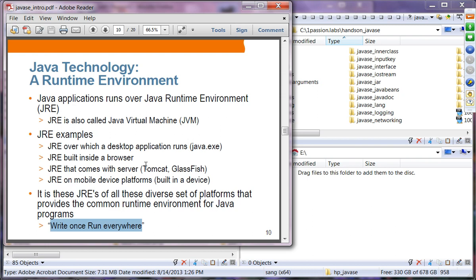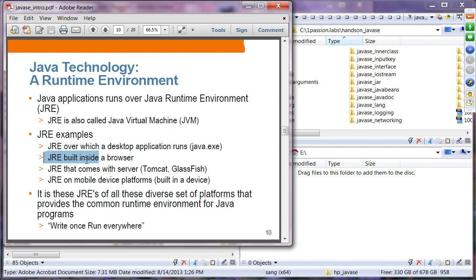Now, that write once and run everywhere is per each JRE. So a desktop application is not going to run on a browser or server or the devices. What I mean by write once and run everywhere is on a particular platform.